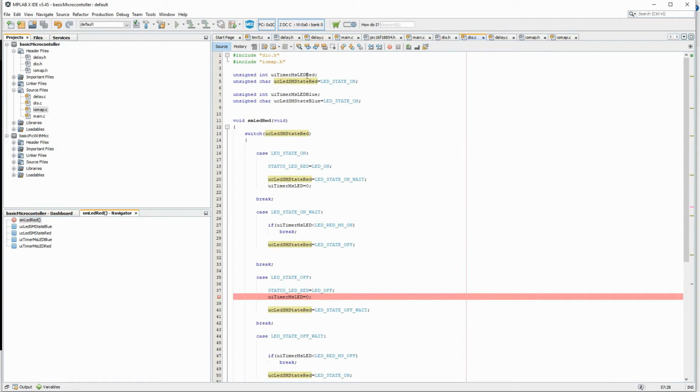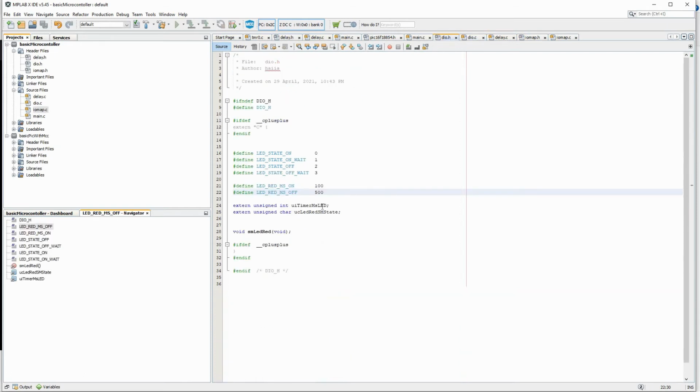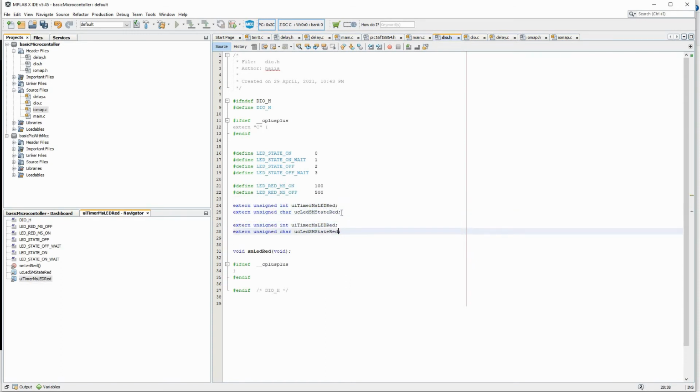Then DIO also, let me make it as LED red. Let me build it and see.